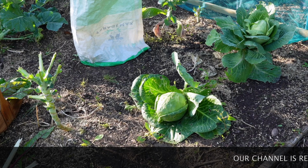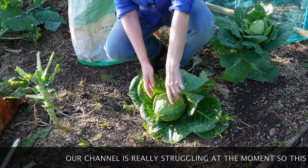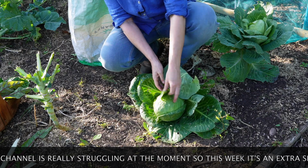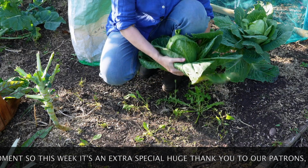While I'm here, I may as well get this cabbage. I think this was a greyhound cabbage. This needs to come up off the ground because look, it's just getting gotten by everything. Oh, beautiful. I mentioned this last week, our beautiful Calabas cabbage